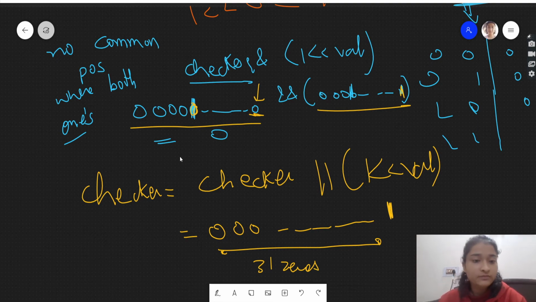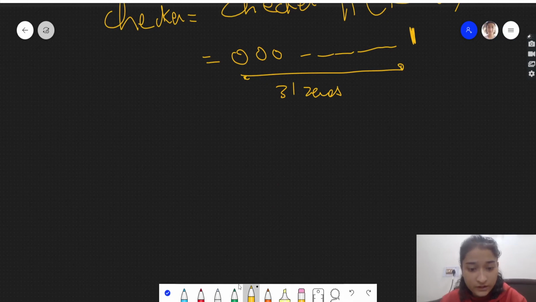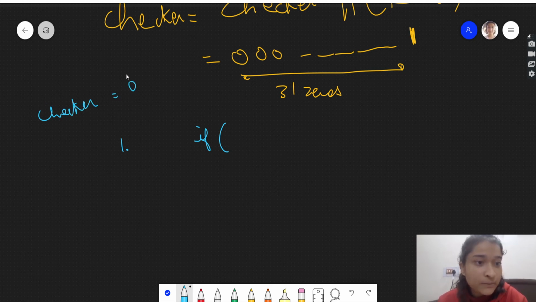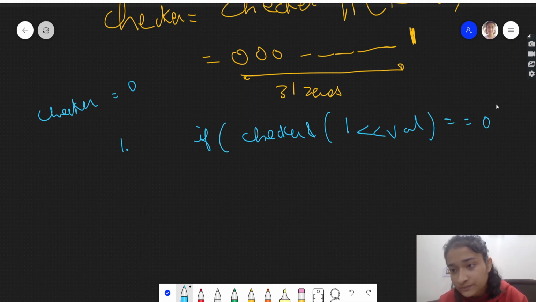Right, now see, I hope you are getting what we are doing. So let me explain what we did. We are checking if we have taken checker initially as 0, meaning there is a 32-bit number and all of its bits are zeros. So if checker AND (1 left shift val) gives 0, right, means